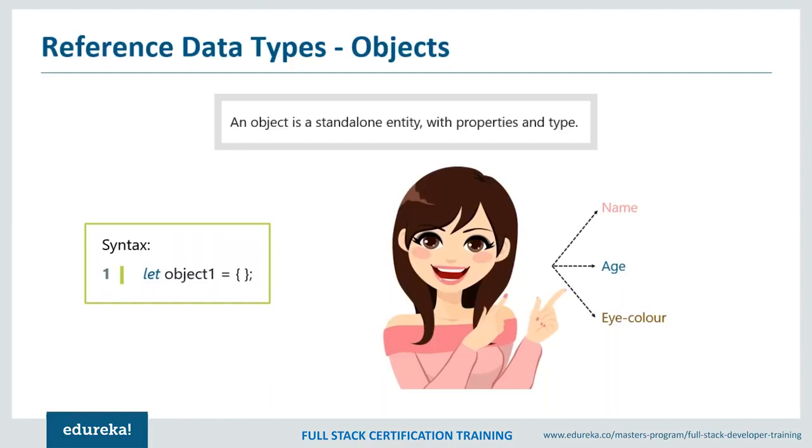So what did I just do? I basically declared an object, which was a girl, and I listed down her properties, which are her name, her age, and her eye color. So girl is the object; name, age, and eye color are her properties. This is how an object works. What are objects? Objects are variables too, but they contain many values or many properties. And each property will have some value. Now let's look at this with an example.